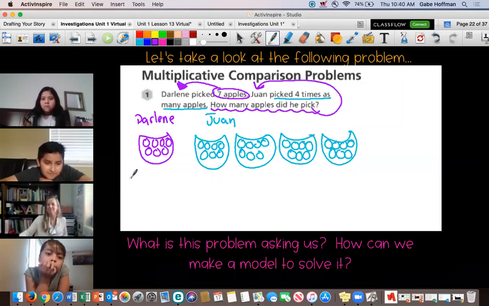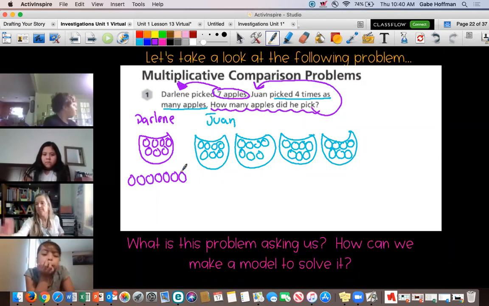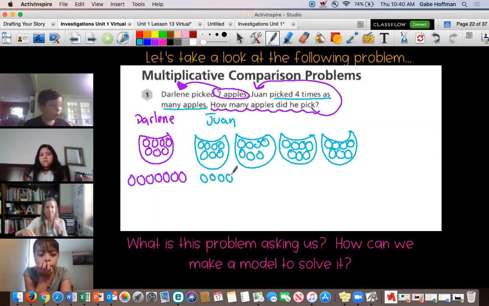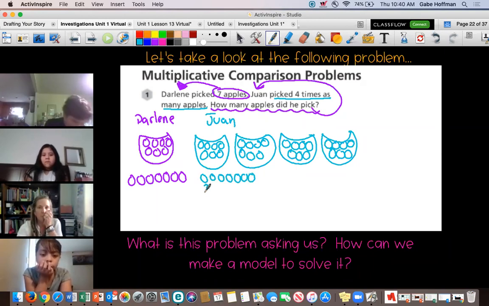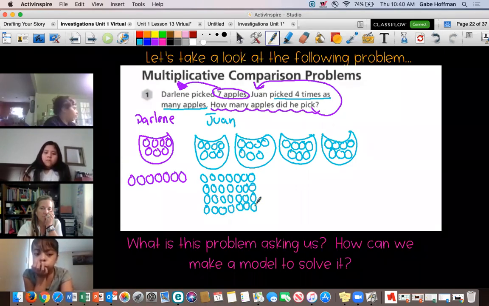All right, so we're going to go 1, 2, 3, 4, 5, 6, 7. That's Darlene right there, right? She has 7 apples in one row. Another way, we're going to look at Juan's now, or Juan now has 4 times as many rows. So we're going to go 1, 2, 3, 4, 5, 6, 7, but 4 times because it says 4 times as many. One, 2, 3, 4, 5, 6, 7. So there would be an array to represent the difference, right? So we have arrays,